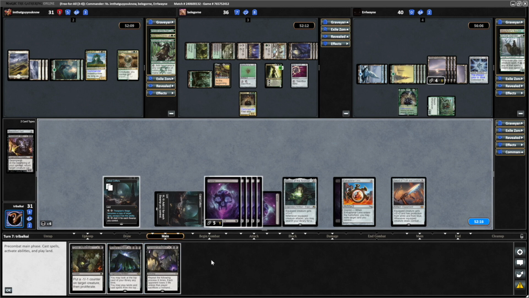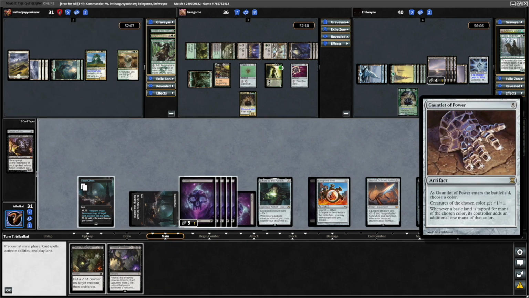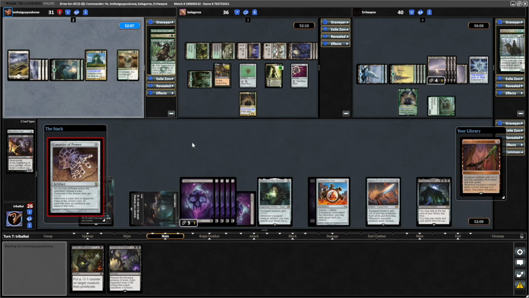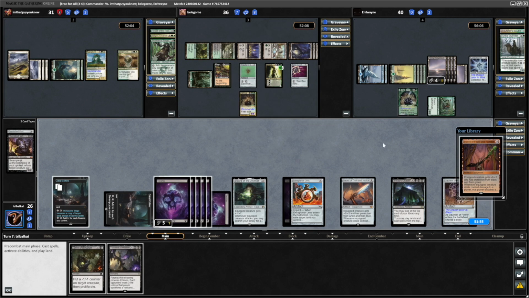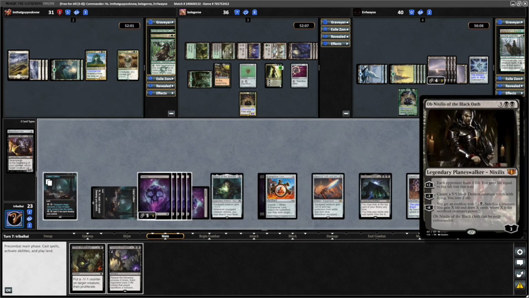Let's throw down the Bolas's Citadel. And there is a Gauntlet of Power to give our opponents even more mana. Might be worth doing though, because of the Torment of Hellfire, so yeah, we'll get that down. A Sword of Feast and Famine is a nice one as well, to protect us against the Vraska, so we'll throw that into play as well. Ob Nixilis on top can create...